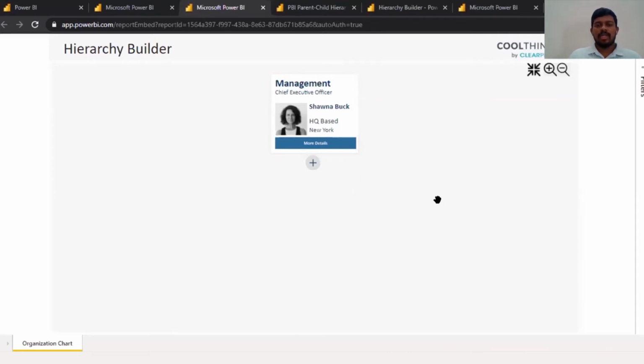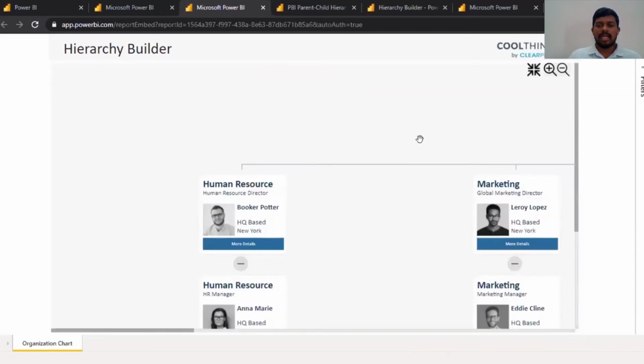Along with this, we have provided some basic snapshot details as well. For example, with respect to the employee hierarchy, when we are showing the hierarchy, we may need to show some of the basic details of the employee. Here I'm providing only the basic title and the name and where they're based. As you can see here, I have